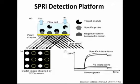The SPRi imaging technology takes SPR analysis a step further. It allows you to visualize the whole biochip via a video CCD camera. The high-resolution CCD camera provides real-time difference images across the array format. Now, when you're setting up your experiment, as you can see here are your spots, you have the liberty to define each spot or region of interest up to 400 spots and monitor activity of each spot